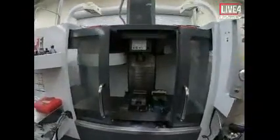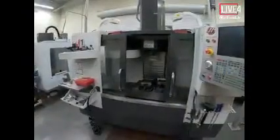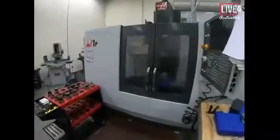So essentially, we will do the exact same thing where we put a piece of metal in here, but then we learn a code made of different numbers and letters and symbols that we will be able to type in and then just press start, close the door, and a couple hours later we come back and the part is done. So this is really important for manufacturing industry because this allows us to create more parts quicker with the